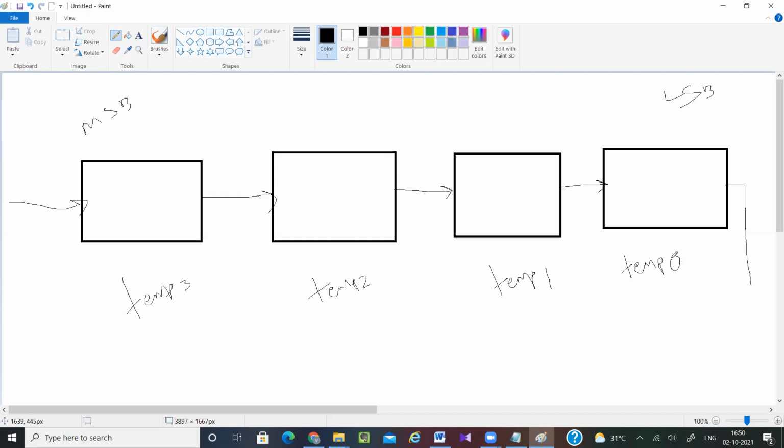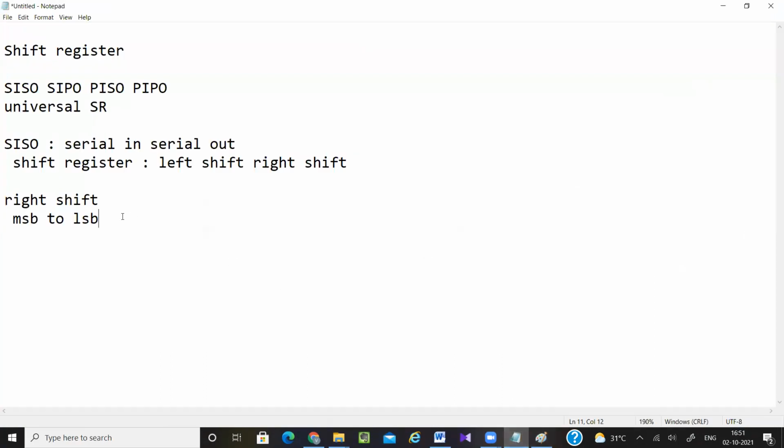How are the values shifted? Temp 3 value is assigned to temp 2. Next, temp 2 value is assigned to temp 1. Temp 1 value is assigned to temp 0. And whatever input I give here is assigned to temp 3. So how can I write this? Temp 3 equals my input. Temp 2 equals temp 3, that means whatever the temp 3 value is, it is assigned to temp 2.